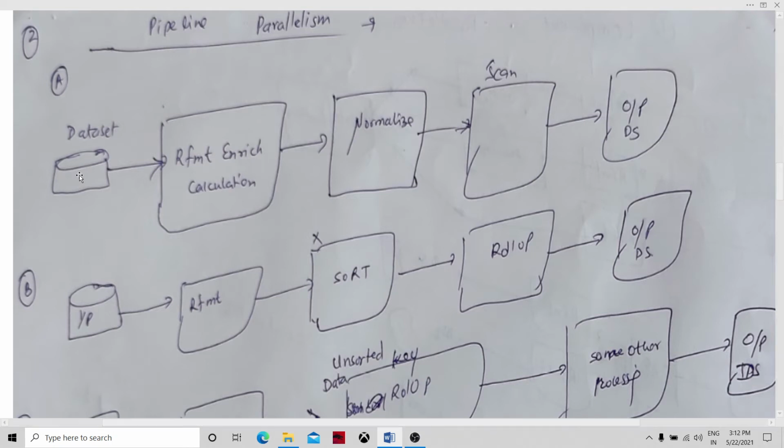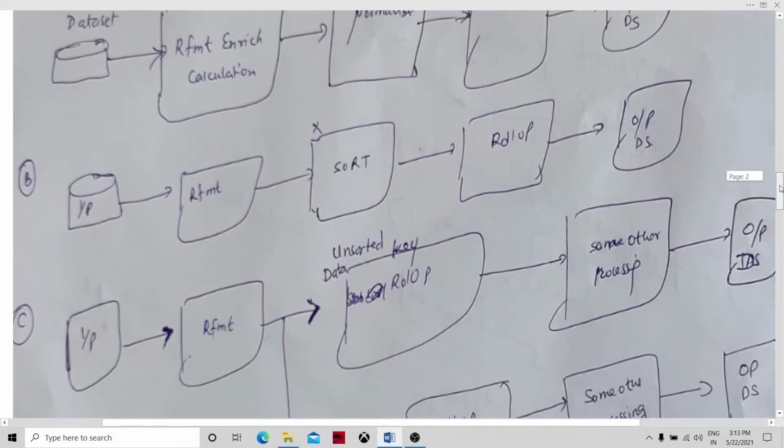If you visualize it like this, then we could see that something is happening in all the components in parallel for a particular data set. So this way we can say that it's pipeline parallelism. This is a perfect example of pipeline parallelism, where all the components are capable of processing data in sequence, in parallel.